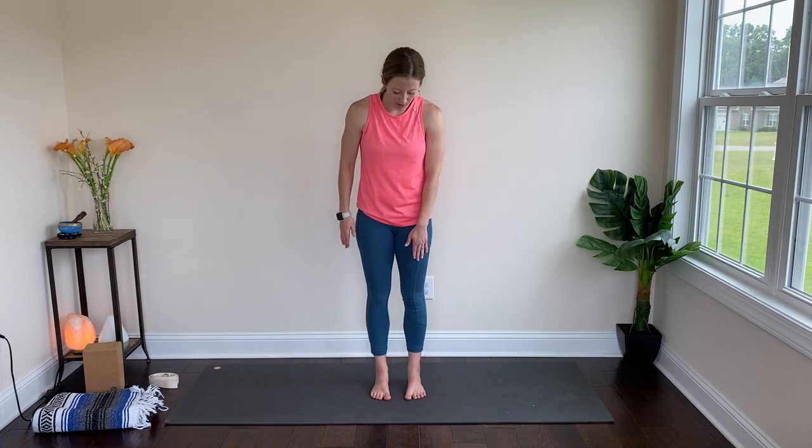All right, now we're gonna really get into the balance challenge. So our right leg is gonna be our standing leg. I'll mirror you. So your right leg is gonna be your standing leg, and then you're going to lift your left thigh to come parallel with the floor. So flex the foot 90-90 with the knee and the ankle. Good, and then take your left hand to the inside of the left leg